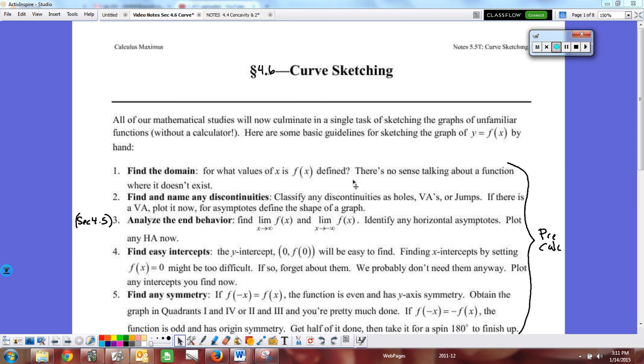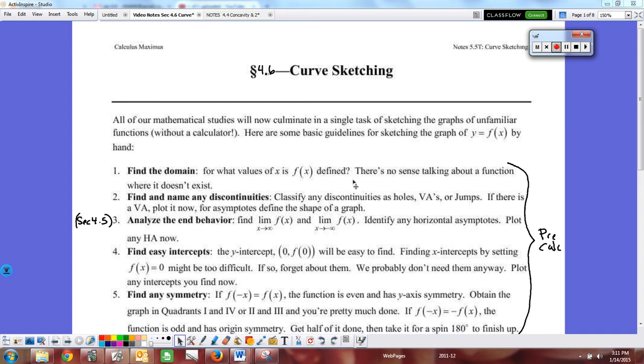Okay, what we're doing now, I'm going to show you the answers to the last example in section 4.4 notes, that example 6. But what I wanted to do was to use what you should have done as a springboard to the curve sketching section, which really is not new information. It's basically you just putting together everything that we've learned in chapter 4 to help us come up with the